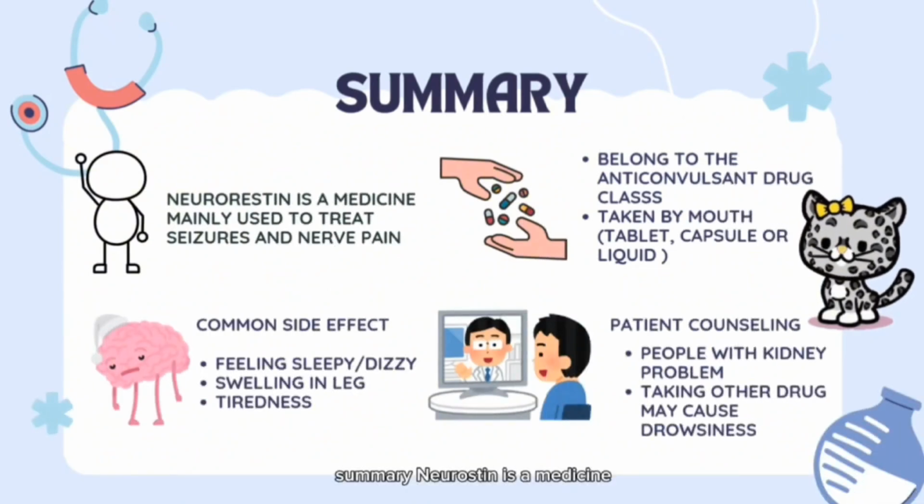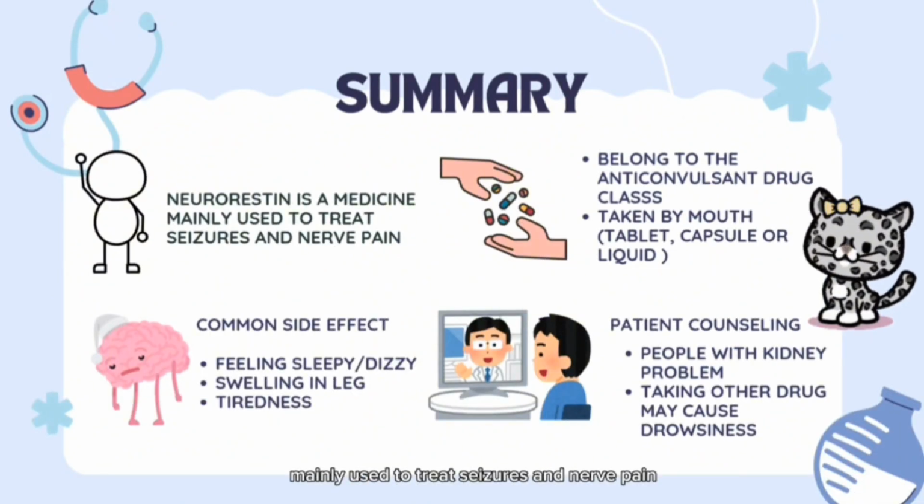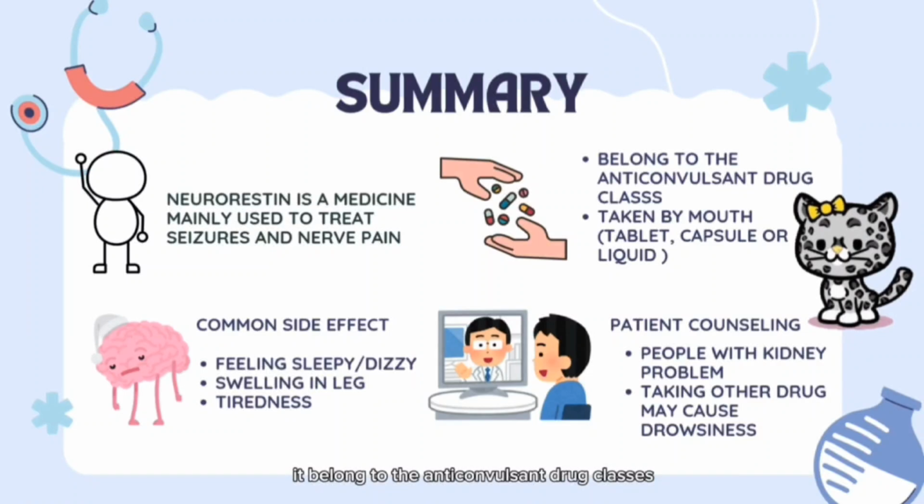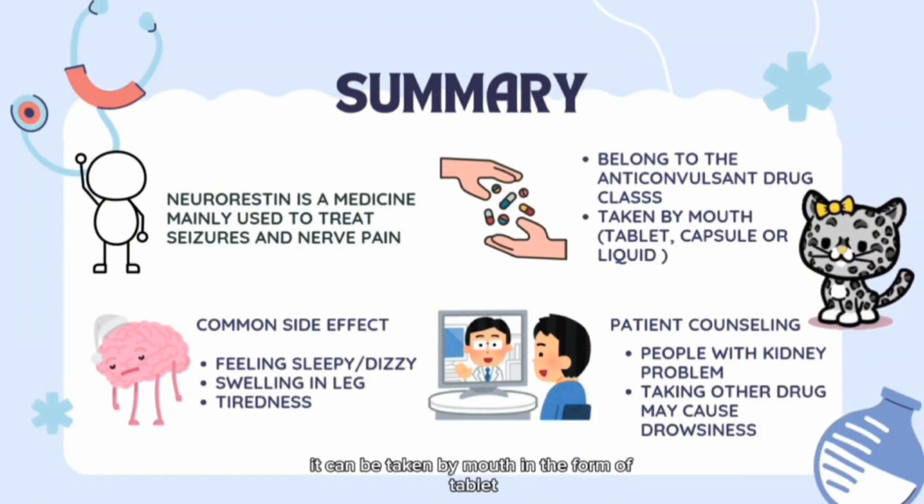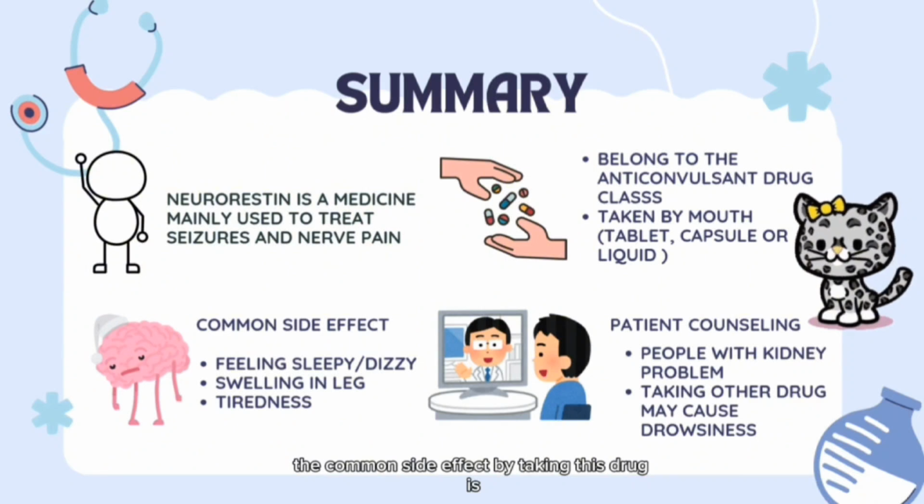Summary: Neurorestin is a medicine mainly used to treat seizures and nerve pain. It belongs to the anticonvulsant drug class. It can be taken by mouth in the form of tablet, capsule, or liquid. The common side effects of taking this drug are